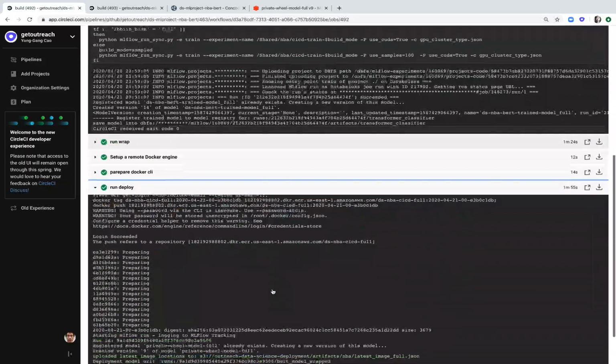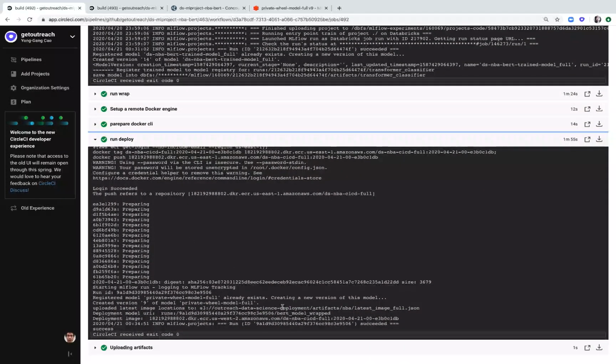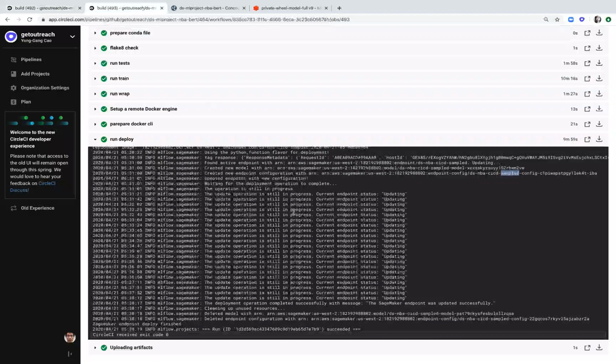When we build a full model, we just build the Docker image and notify the CD to deploy the full model. But when we check in some new code, it will do a sampled model building, and it will actually push to SageMaker directly, just in case anything goes wrong till the end of the deployment.